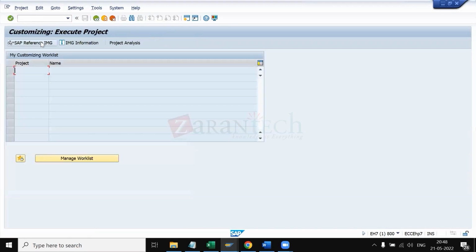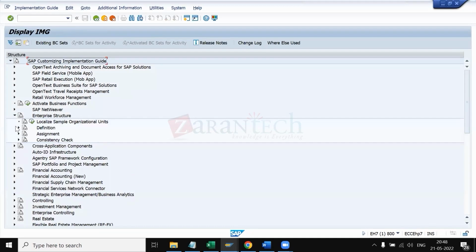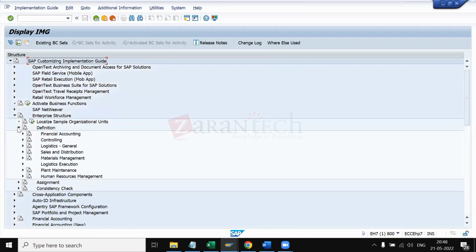So I'm entering the SPRO transaction, and in the IMG part, you will find the enterprise structure. In structure, if you expand the node further, you will find definitions. The first and foremost thing, from the ASAP methodology: the project preparation phase has been completed. Then in the business blueprint,